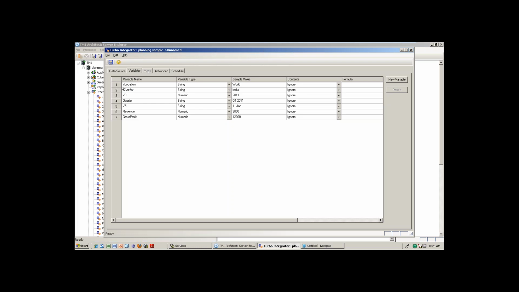If you don't, nothing will happen, but it is a standard format. Sometimes it does not give a proper naming convention. See, V3 came. So what you need to do is small v year, because it is the year data, and small v quarter, v means variable, small v month, and revenue and gross.